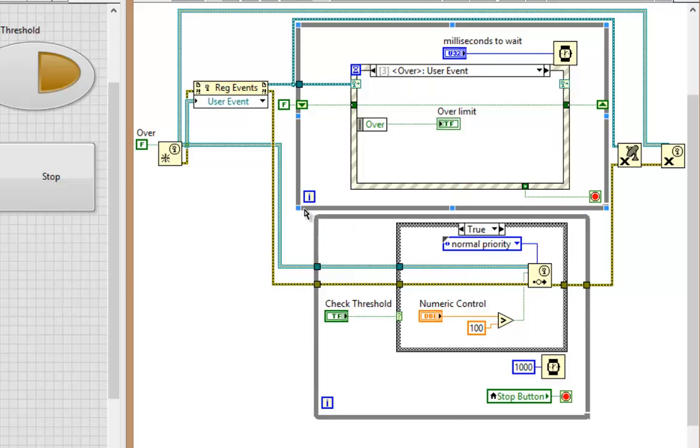Now the user event, as you can see, has been configured. It's been created here and then registered to this event structure. And that's going to this other loop, which is just going to be running continuously once a second. And once a second, it will be generating this user event. This input, the priority, we'll talk about a little later. Now, of course, there are more robust architectures than this, but this is more illustrative. So let's pop open our event inspector window